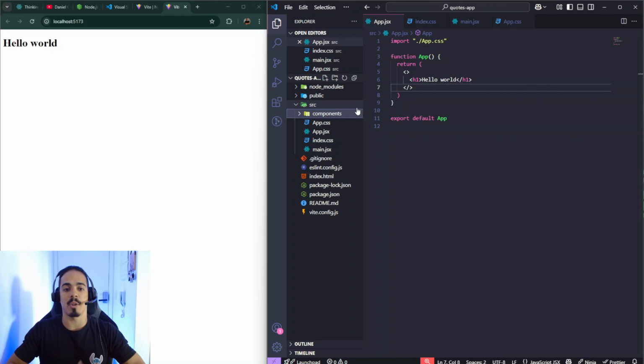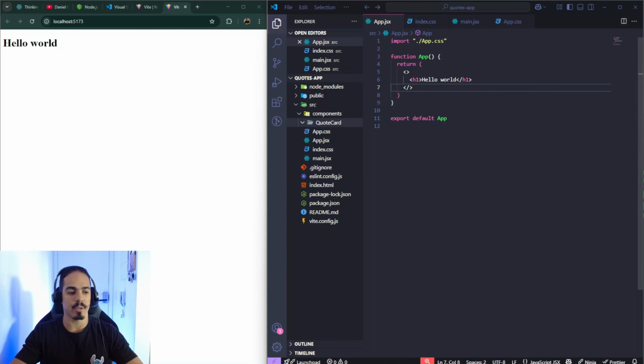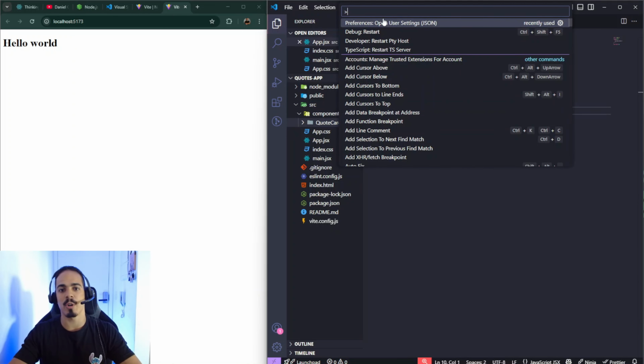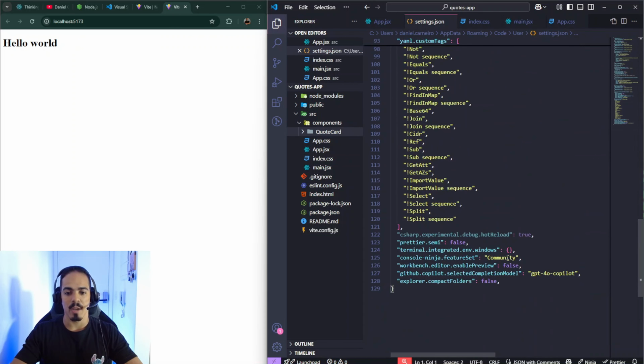Here we will put our cards and all other components that we might have in our application, and we're gonna have another folder called code card. Something might happen here. So if you want your tree structure to stay like mine, you have to do some configuration. You can just hit Ctrl+Shift+P and go to Preference, open user settings, and in your user settings you have to set this